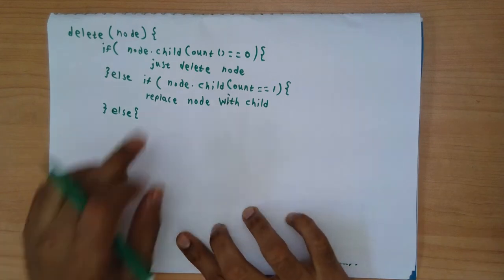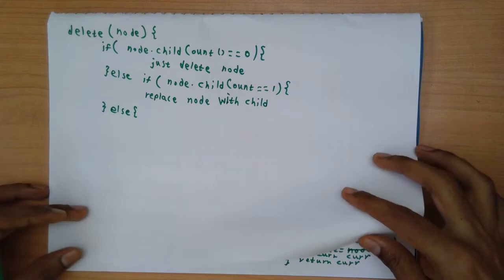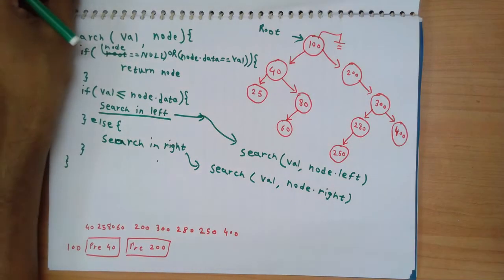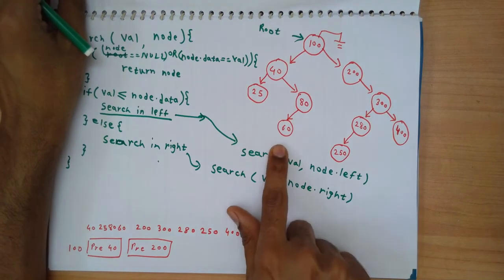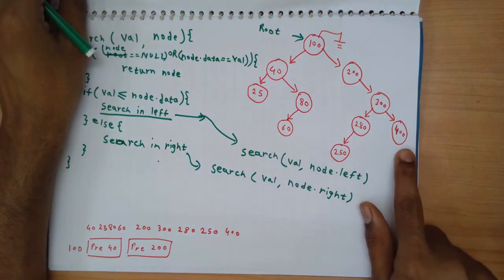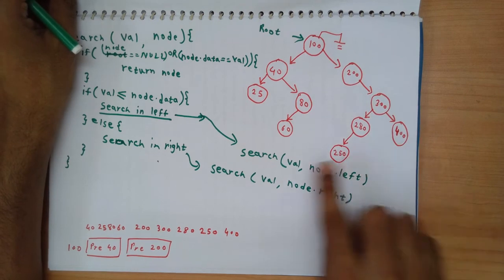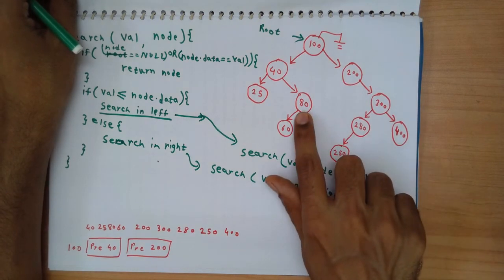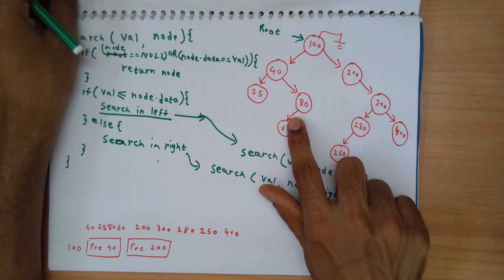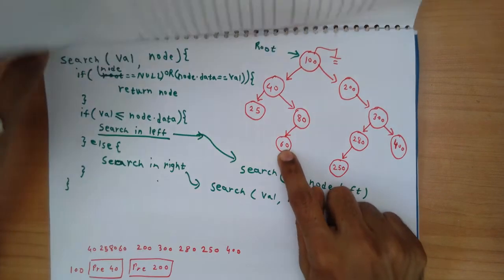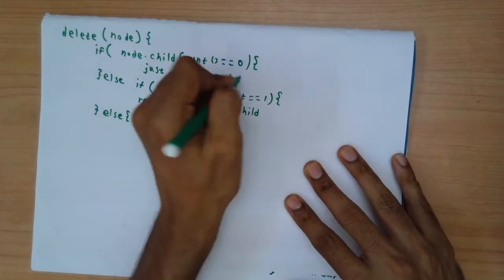So if the node is a leaf node, let's go back to our example tree. If I want to delete any of the leaf nodes, 25, 60, 250, 400, deleting them is easy. All I need to do is change the pointer stored in my parent. I need to store the parent pointer stored in my node. So deleting the node would involve